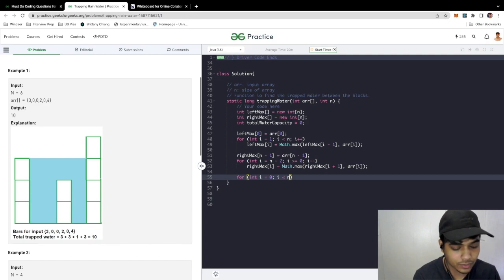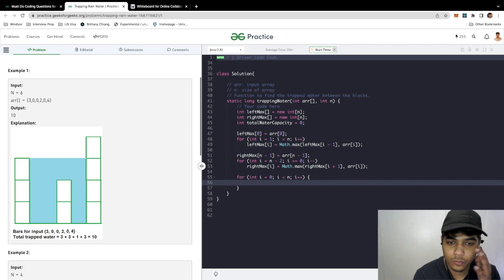So we're not going to do anything fancy here. We are going to iterate through that, and then we are going to sum up total water capacity, plus equal to Math.min of the left and the right